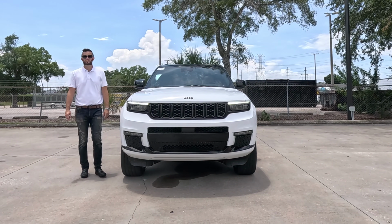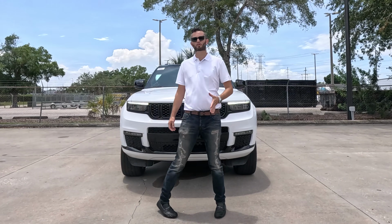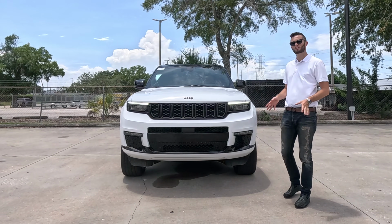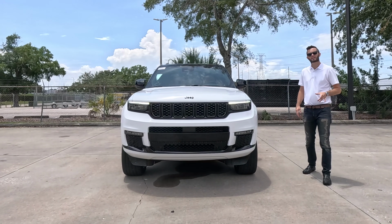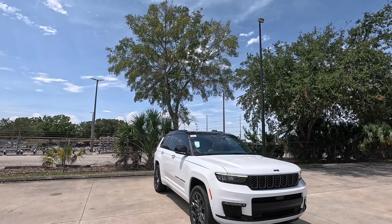I'm Anthony from Hawkeye Rides, and I'm going to go over the full specs of the exterior and the interior. We're going to take it for a drive to reveal the 3 reasons why you may want to consider this. And I'd like to thank Mo here at Courtesy Jeep and Brandon for letting us showcase this new